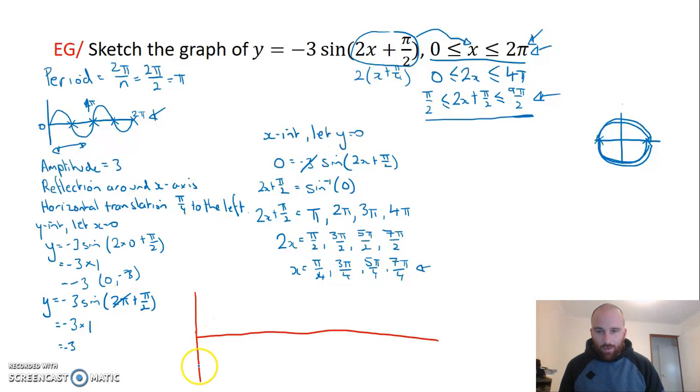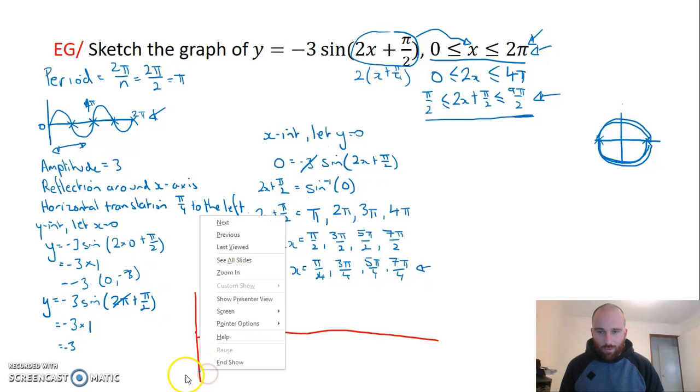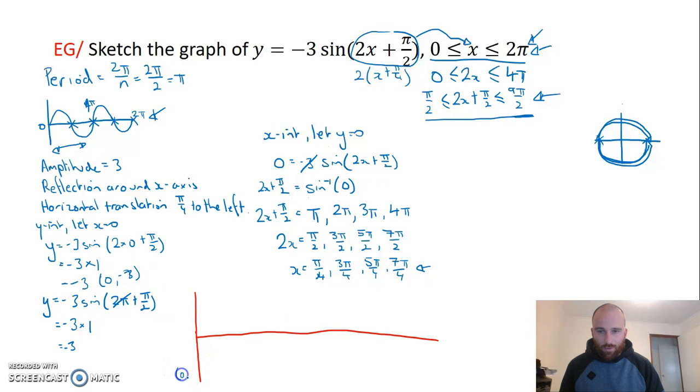Okay, so that's my first value there. So that's our starting point. Okay, I'm going to list that as 0, negative 3. Okay, that's a 3. And what we've got is when I bring this up, okay, so this is obviously at its minimum. So this is going to come up and we're going to get our first coordinate. Our first x-intercept is what we found there,